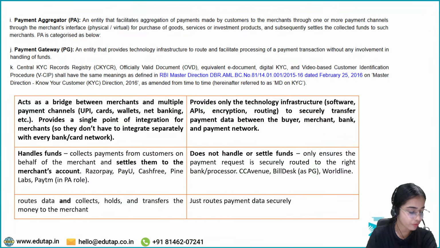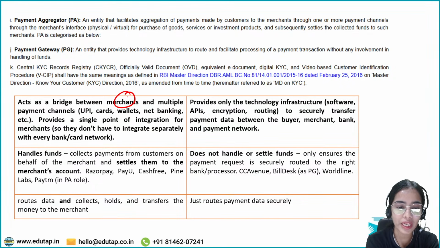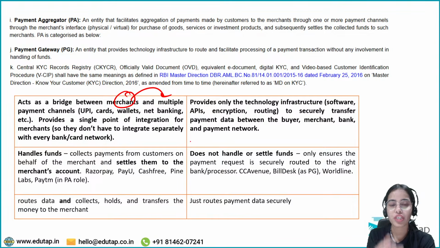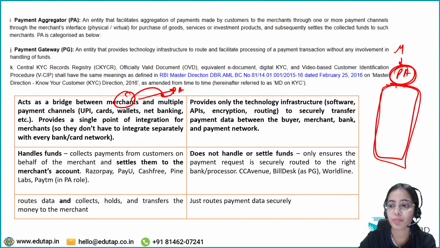Now, do you have any confusion about the difference between the payment aggregator and payment gateway? Payment aggregators are the bridge between merchants and multiple payment channels. So the merchant does not have to log in to multiple payment channels, UPI, cards, wallets, net banking and such. As soon as the merchant connects with the payment aggregator, it provides for the transactions. That's it. So the payment aggregator provides for different